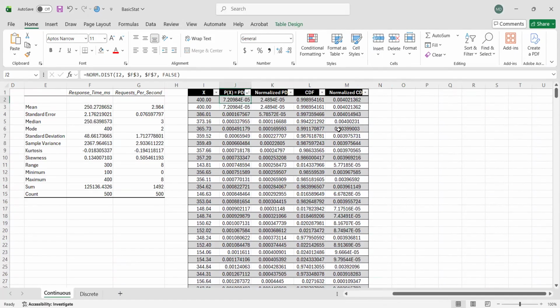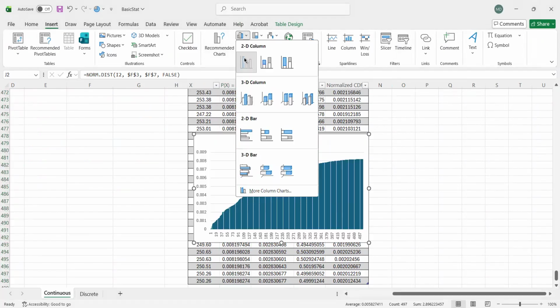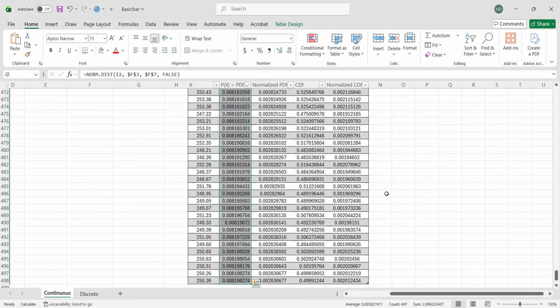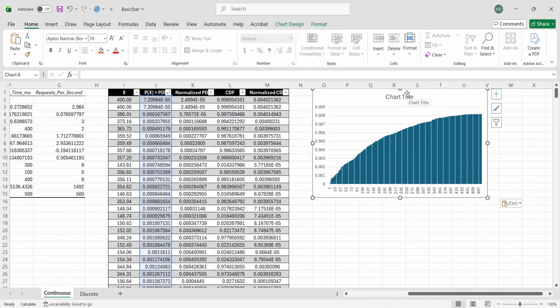So from here up to, or let's have this one. So I just moved the chart here. As you can see, we have this kind of distribution. This is not yet what we are looking for.